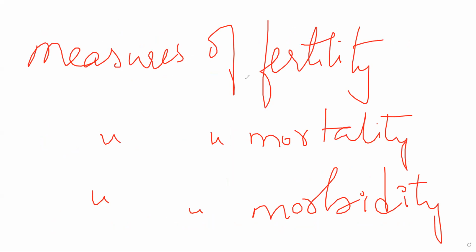So, first of all, you are measuring how many people are fertile, how many people are being born. In the first case scenario, this will include birth rates, essentially measure of fertility. Then measure of mortality, you are checking how many people are dying. So this will include death rates, how many people are dying in a country in one year, or in a particular population in one age group, and so on and so forth. Then same for morbidity, how many people are being diseased, various diseases, various age groups, various countries, and so on and so forth. Okay. Now we'll look at measures of fertility first.